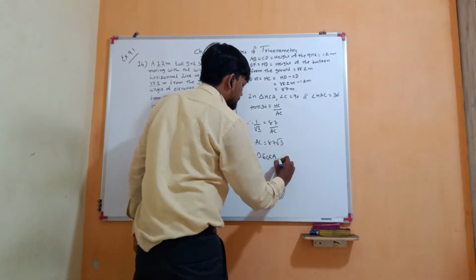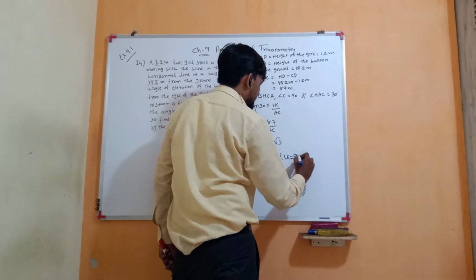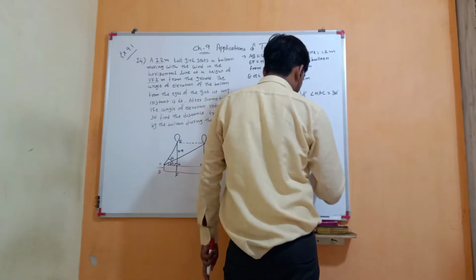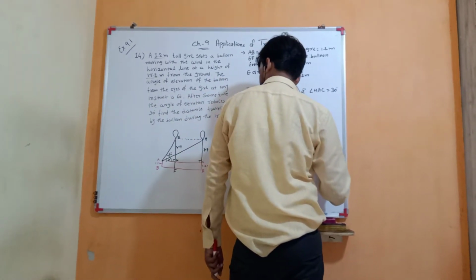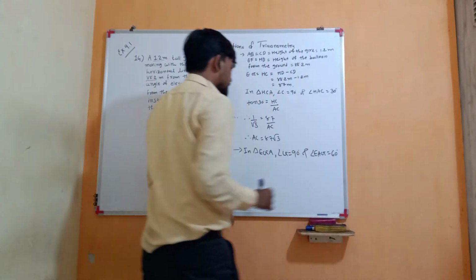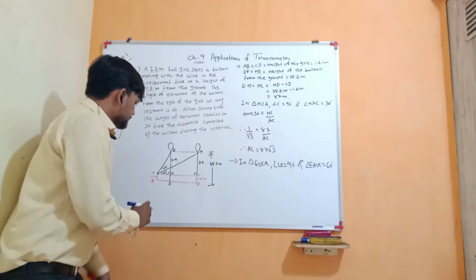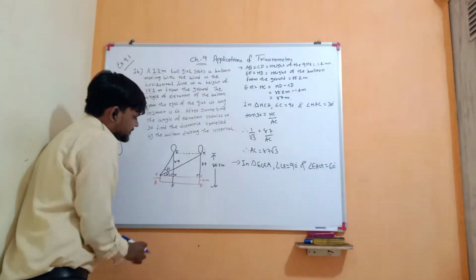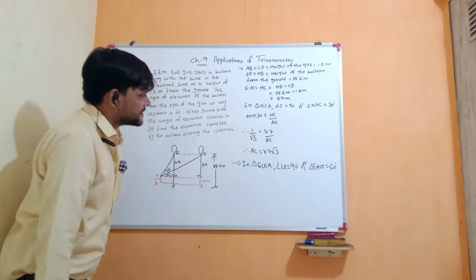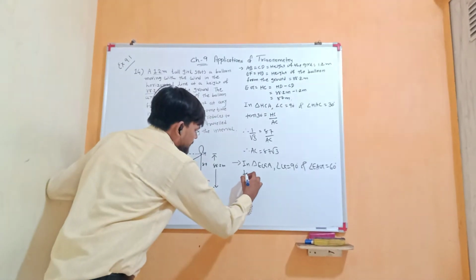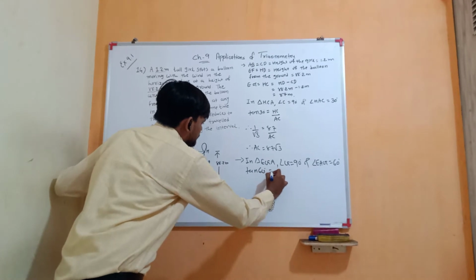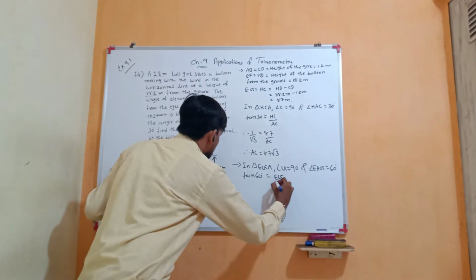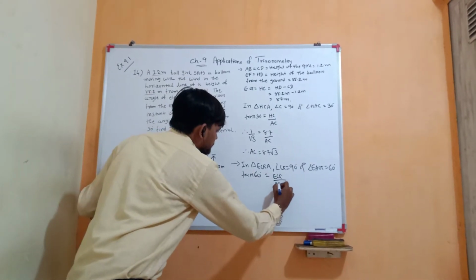Triangle EGA, angle G equal to 90 degree, and angle EAG is 60. Clear? Angle E is equal to 60. Now see, consider this triangle only, right? Where A is the reference angle, theta is 60. Opposite you having, you want to find adjacent, so again you have to apply the ratio of tan, and theta is 60. So tan 60 equal to opposite side is EG, and adjacent is AG, and AG you want to find, right?